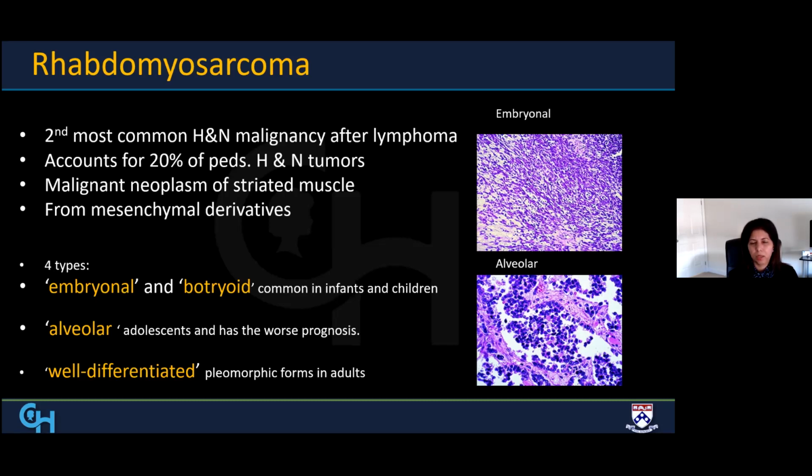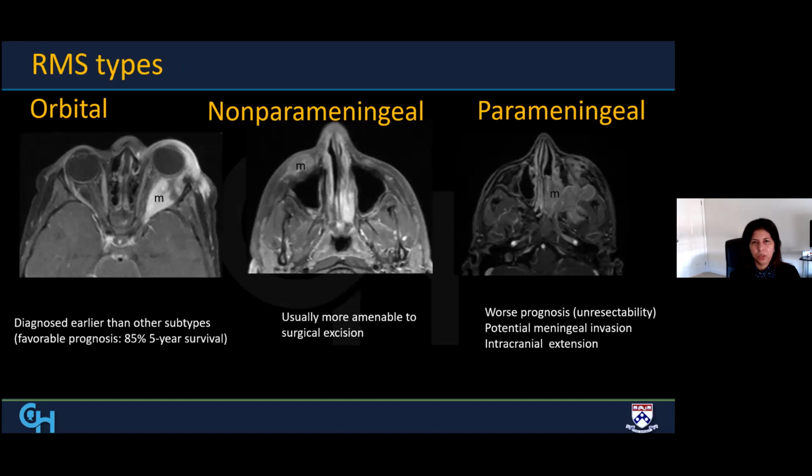You can have alveolar type of rhabdomyosarcoma, which typically has the worst prognosis, and there is a well-differentiated variety which is more common in adults. The majority of the cases that you see in children are going to be embryonal type of rhabdomyosarcoma. So rhabdomyosarcoma has been divided based on the location and the management and the prognosis into 3 major